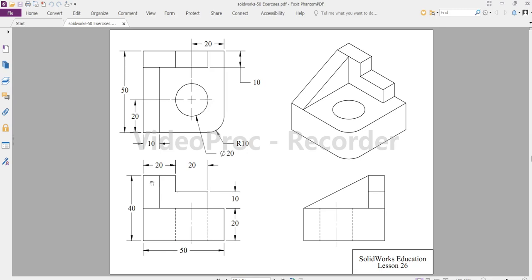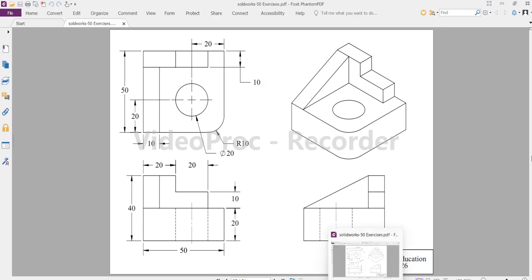Here you can see the width is 10, and this is 10, and if you see here the total width is 50 and this is 10, that means this remaining thing is 40. So this is 40, and here the complete height is 40, from here to here it is 20, then the remaining height is 20. So this height is 20, 40, 20, then complete the triangle, okay, from the left side